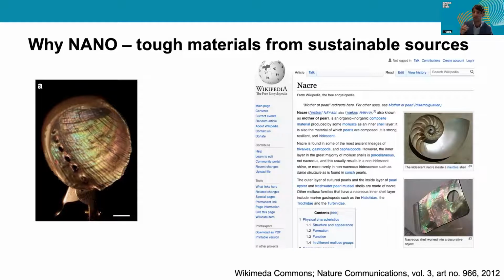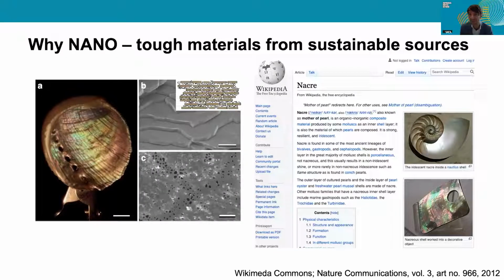Well, because it combines organic and inorganic materials. You could make a very hard material, but often that material would be brittle. You can make a very elastic material, but that material wouldn't be tough, right? So the beauty of abalone nacre is that it's a combination of both inorganic and organic material, and it's arranged in this kind of fashion on the nanometer scale.